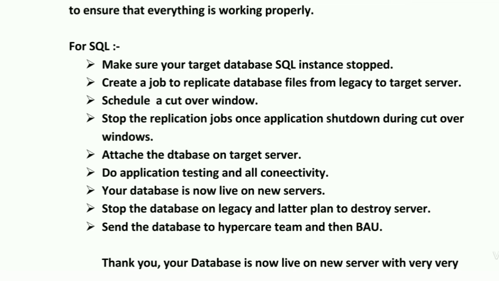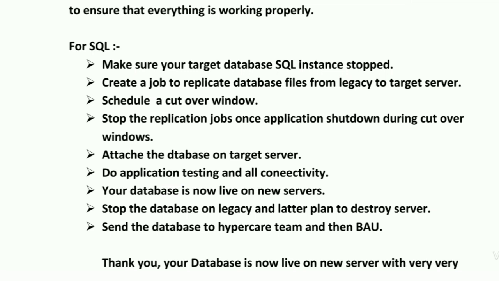So suppose it's taking the database files, MDF and LDFs, from the OS level, and it's pasting on the target machine. It's real-time replication, right? What is the meaning? Whatever the changes are happening on the legacy server, the same changes will be replicated on server B under the particular data files, right?